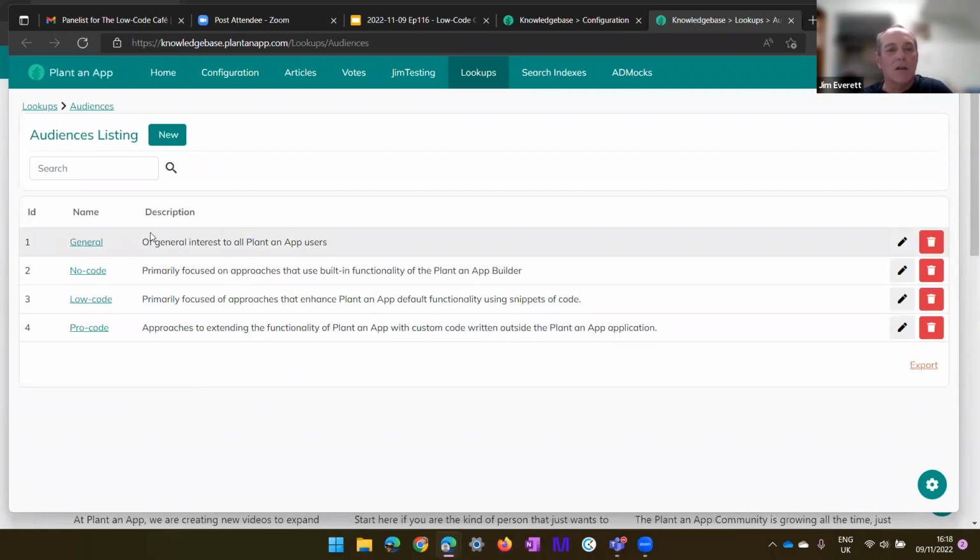These are terms that we've tended to use in quite a lot of our discussions on YouTube. The idea that there are pro coders, people who are comfortable in Visual Studio. There are the no coders, who really are wanting to use the Plant an App product as it is and fill out the configuration and use it. And then there's this group in the middle, the low coders, who are primarily using the product as it's designed, but are happy to add a bit of SQL, a bit of JavaScript, a bit of additional logic. So we've added those